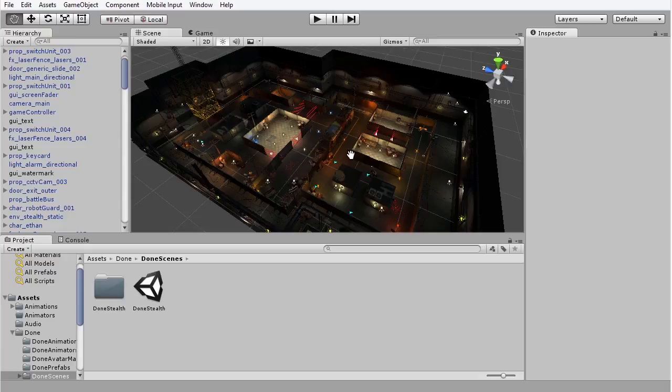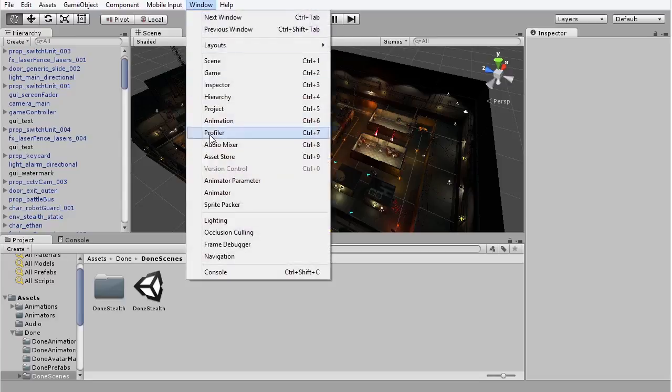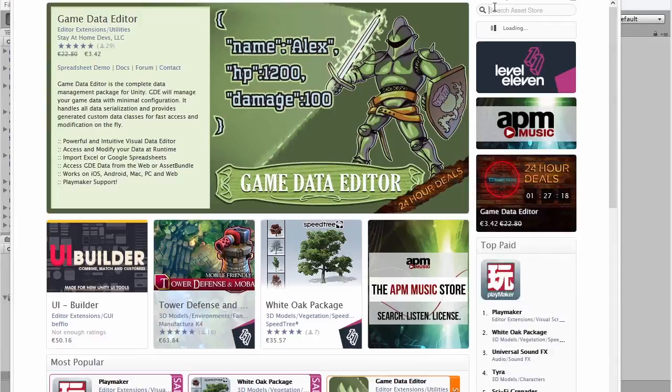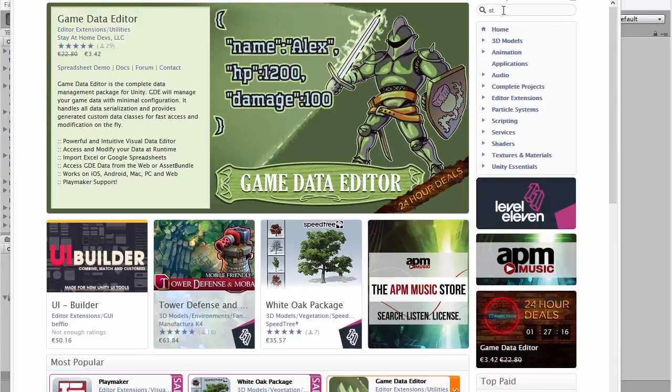Now what I'm looking at in the viewport in front of me is the Done Stealth Unity scene here, which is called Done Stealth. This is part of the Unity sample projects called the Stealth Project, and like the Viking Village, this is freely accessible from the Asset Store. So if you want to open up and examine this project, all you have to do is choose Window, Asset Store, and inside the Asset Store, all you have to search for in the search box is Stealth. So I'm going to choose Stealth,